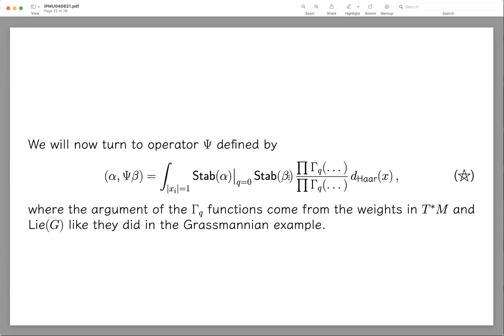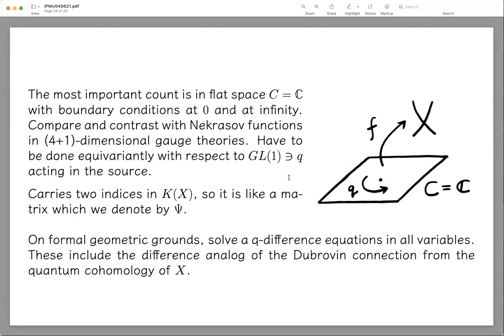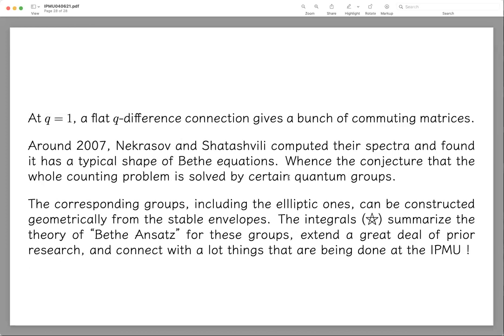This is any kind of rough saddle point analysis of this integral. Like I said, it's not so important what the insertions are, but if you set Q to 1, the saddle point analysis of that integral will tell you that you have to look at the asymptotics of the gamma function. And what Nekrasov and Shatashvili saw many years ago is that the equations you get have the form of Bethe equations from the familiar theory of quantum integrable systems,